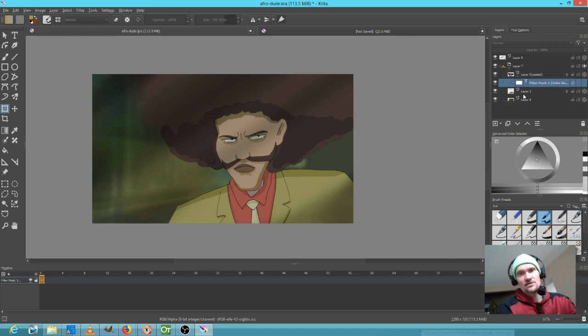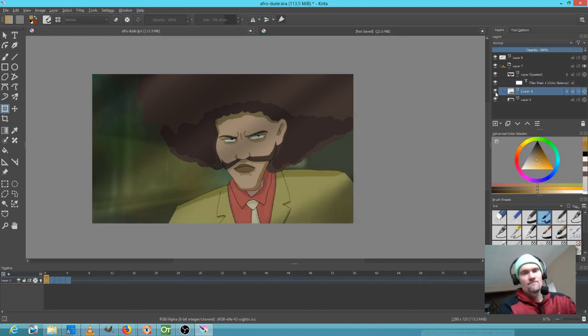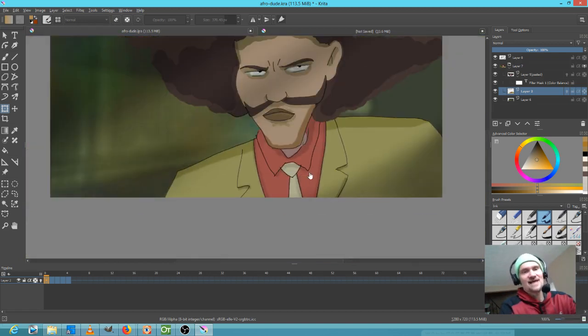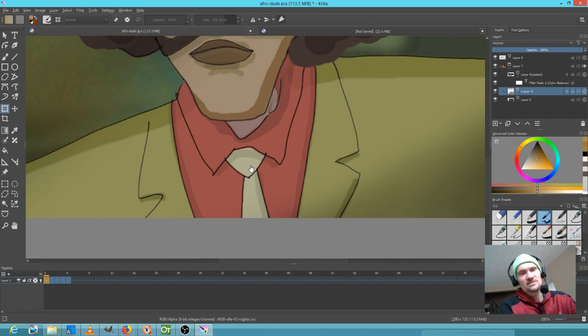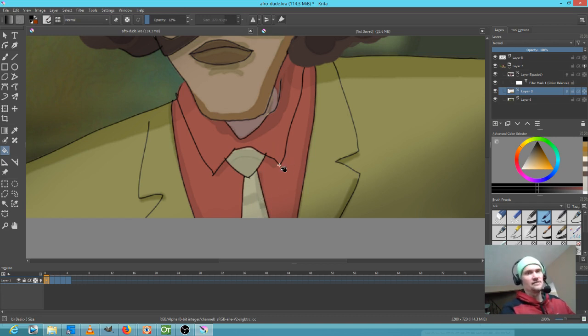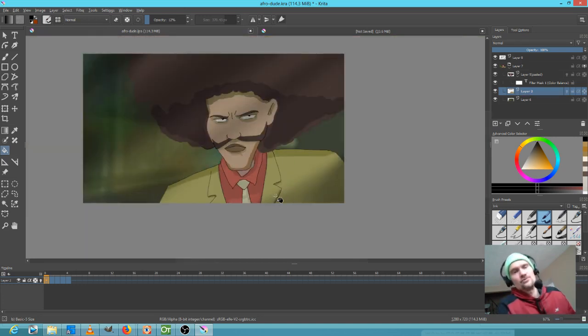Now another thing you can do is if you're on your first frame and you haven't gone too far and you want to make an adjustment. Let's say this guy's tie, I don't want to change the color, but it seems like it's a little too bright to me. What you could do is you could hit the fill tool and just add black, let's say, but put the opacity way down here. Okay? So now, obviously it doesn't work perfectly because this already has shadows and stuff baked in. But as you can see, you can make adjustments with the fill tool, and